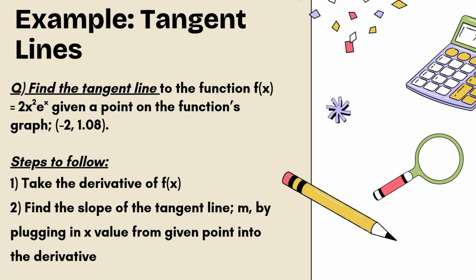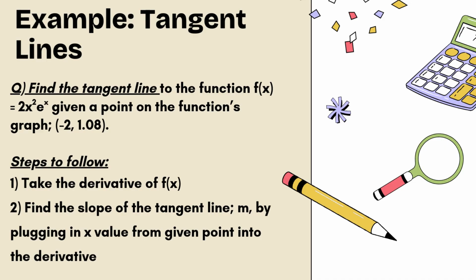We are asked to find the equation of the tangent line to the function. We're given a function here, f of x is equal to 2x squared e to the x, and a point on the function's graph, (-2, 1.08). Generally, when you're given any question structured like this, asking you to find the equation of a tangent line, and they give you the function and a point on the function's graph,